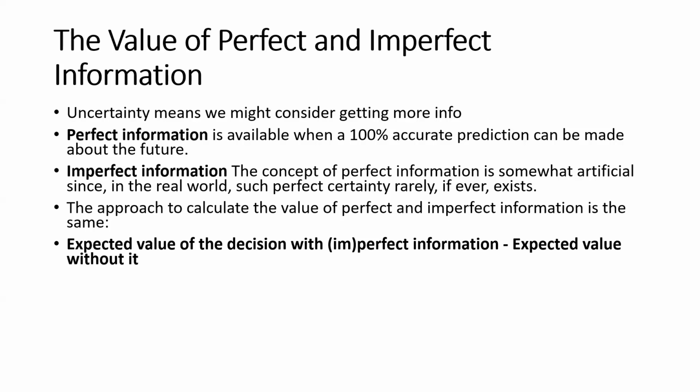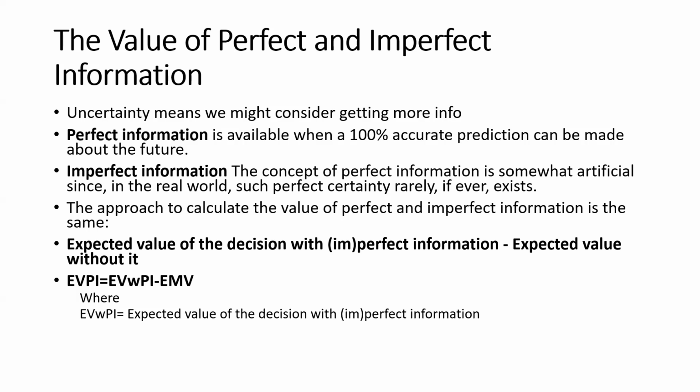Expected value of the decision with perfect and imperfect information is compared to expected value without it. So expected value of perfect information is taken by deducting the expected value without it. So let's see this formula. So EVPI means expected value of perfect information. That is calculated by taking the expected value of the decision with perfect information and deducting the expected